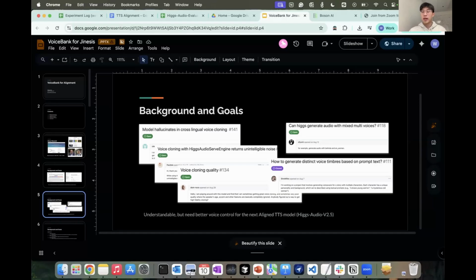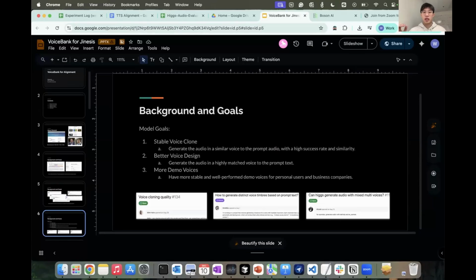These issues are quite understandable because they just released the base model. For the next aligned TTS model, probably Higgs Audio V2.5, we need more data and more algorithms to align the model to have better voice control ability.